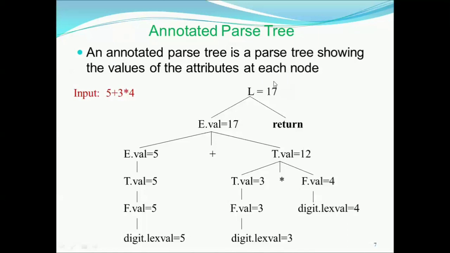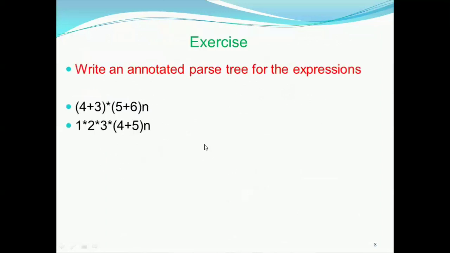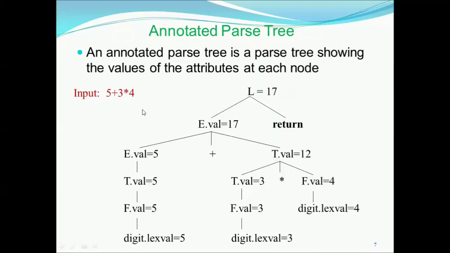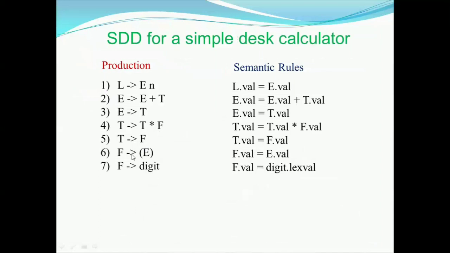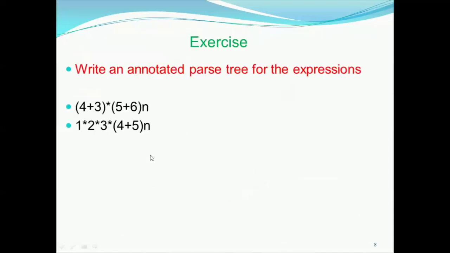So this is called an annotated parse tree, and it's also an example of a synthesized attribute. You can observe that every node is getting its value from its children, or from a child. That's why it is called a syntax directed definition with a synthesized attribute. You can try an example of generating the annotated parse tree for 4 + 3 * 5 + 6. As I said earlier, my F is also going to get the value from E. There is a possibility of applying the E in this case. So here the evaluation will be done and then the value will be assigned to the F. You can just try this out.